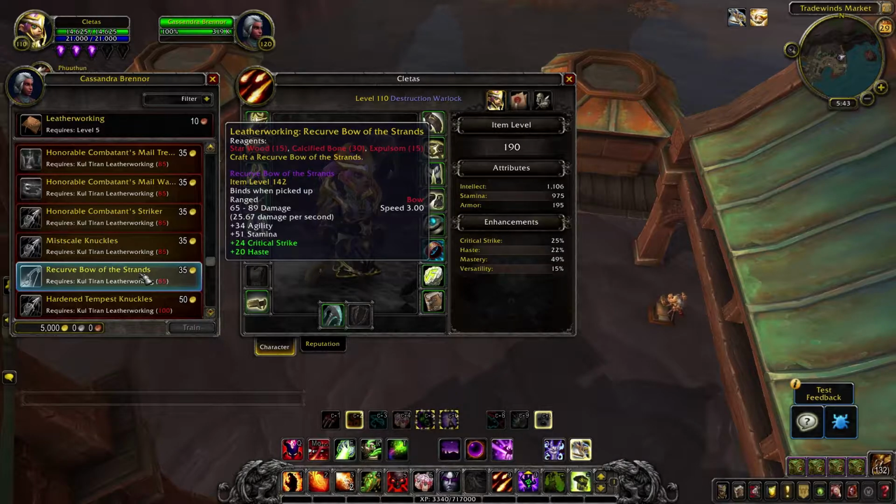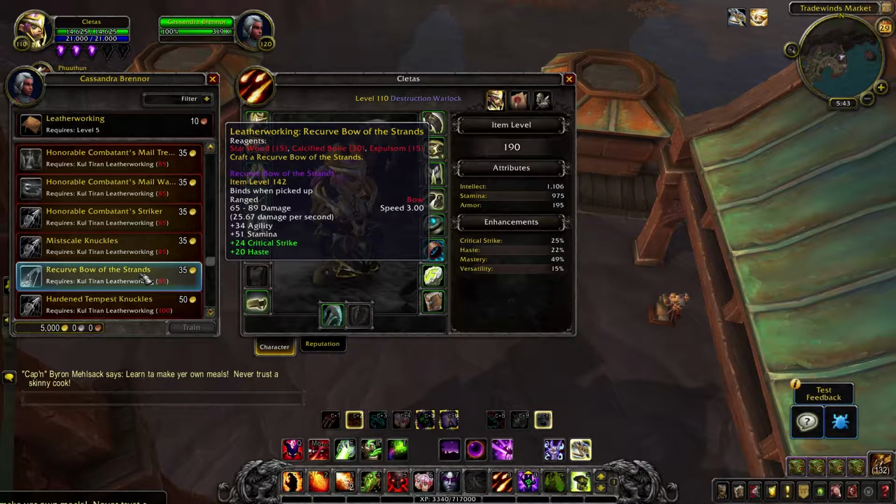As you can see, it costs 15 star wood, 15 calcified bones, and 15 expulsum, I think it's how you pronounce it. I believe that's the new crafting material for Battle for Azeroth, the new Blood of Sargeras. Probably something you get from World Quests and random dungeons. But that's a lot of resources, and you'll see later on, certain things don't require near that amount of expulsum. And the interesting part, like I said, there's no level requirement on this bow, and the item level is only 142